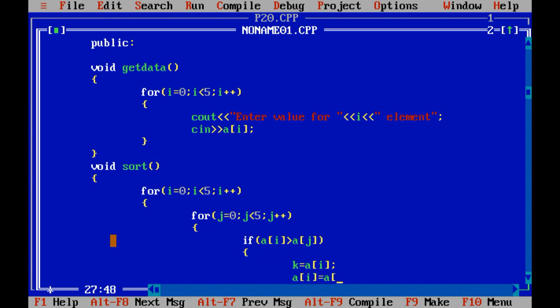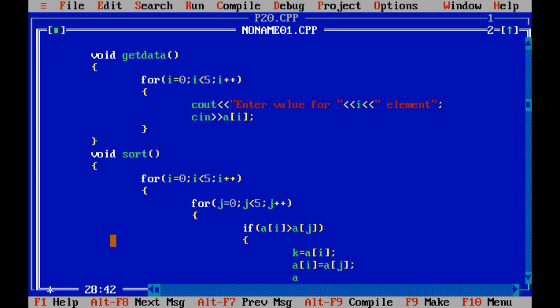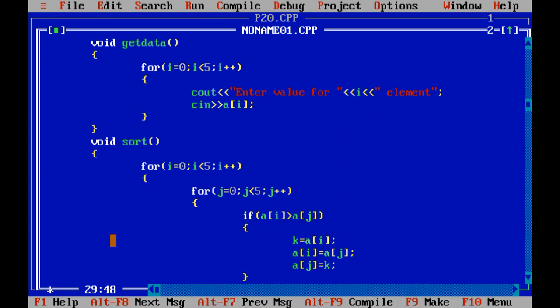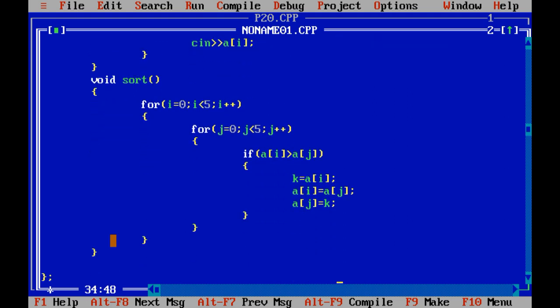In the program of swapping using 3 variables, we have applied this logic. So a of j equals to k, because if the value of a of i is greater than the value of a of j, in such cases I want to interchange the values, or we can say I want to change the position of a of j. For that I need to use the logic of swapping.